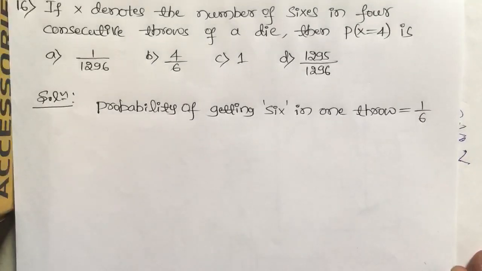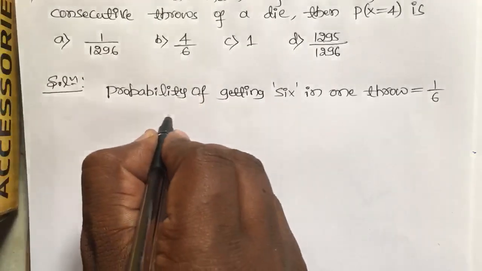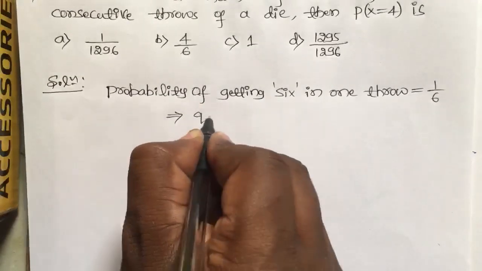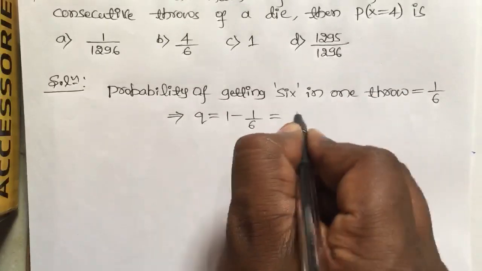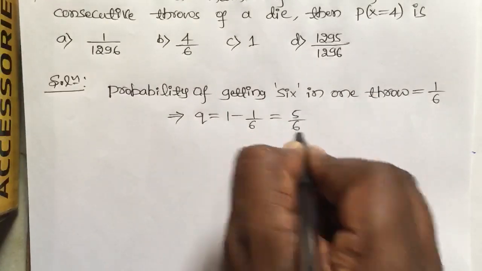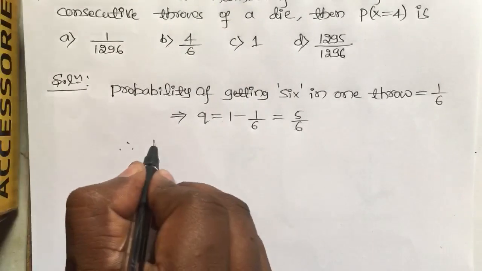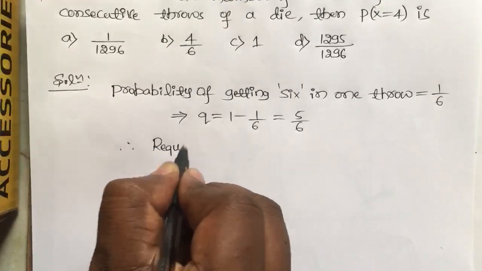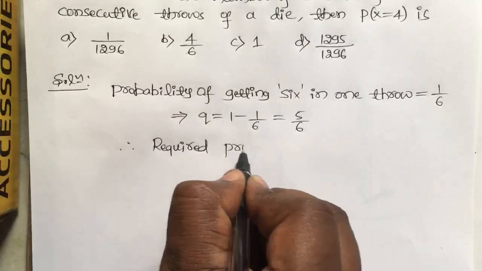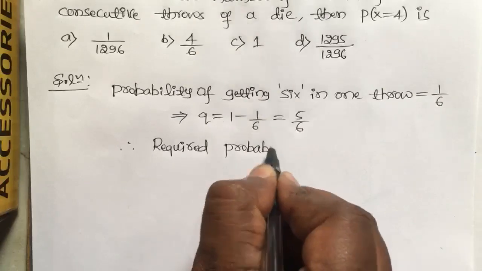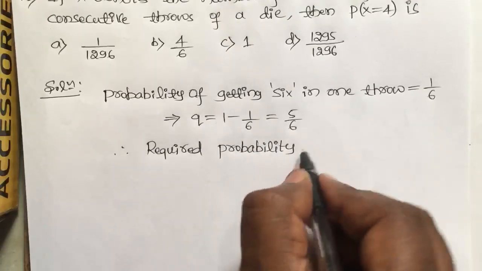So this is the probability of success, that is the value of p. Then the value of q, this implies q is equal to 1 minus 1 by 6, that is nothing but 5 by 6. So now, therefore, the required probability is